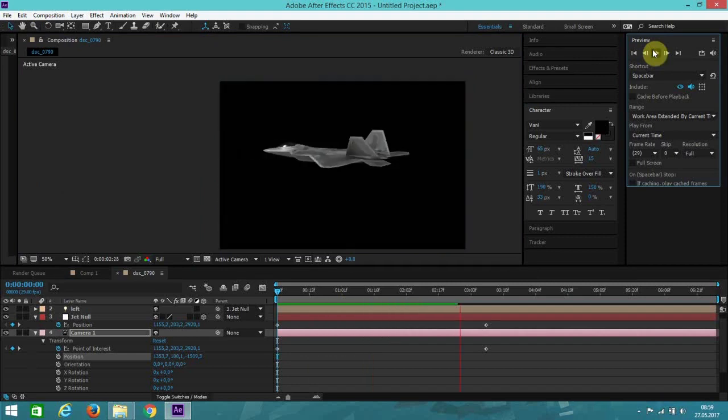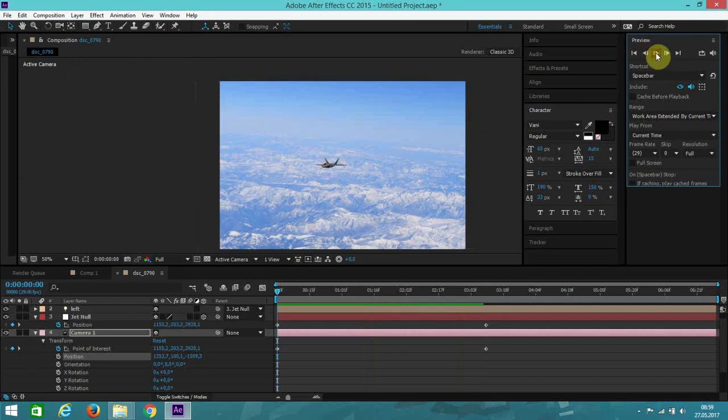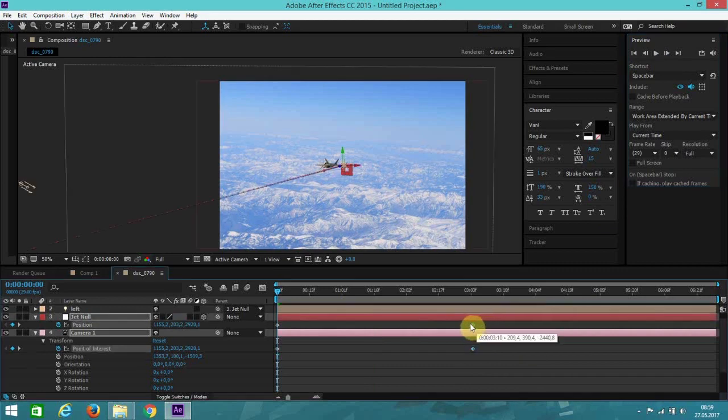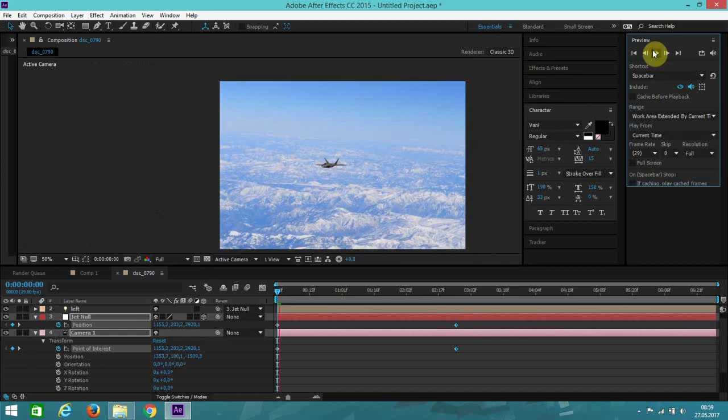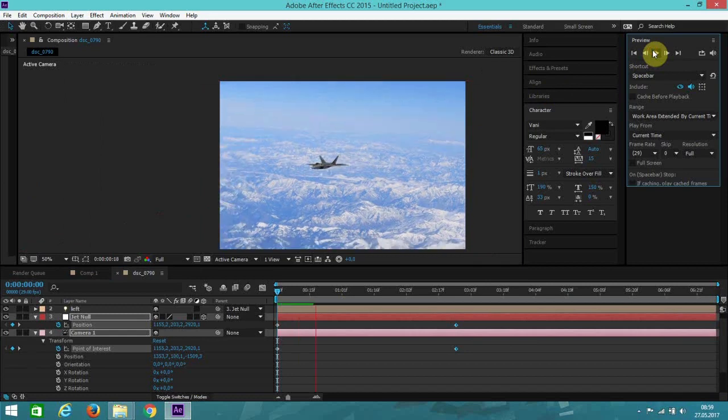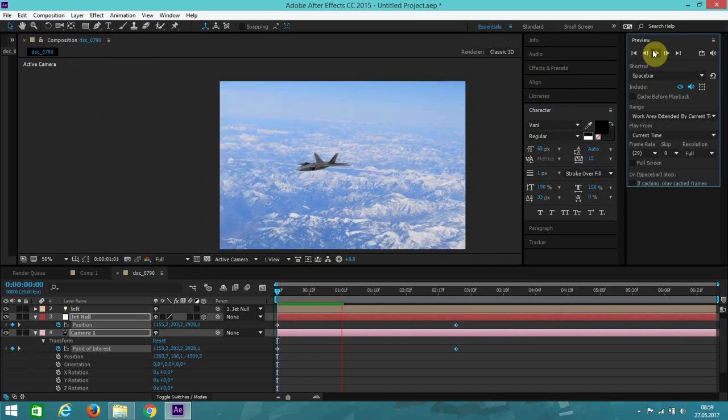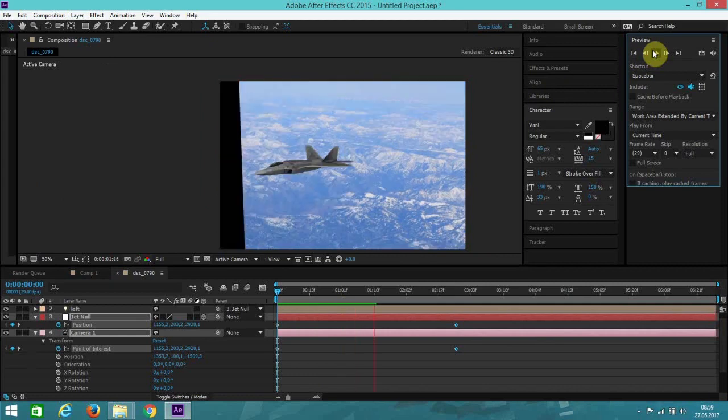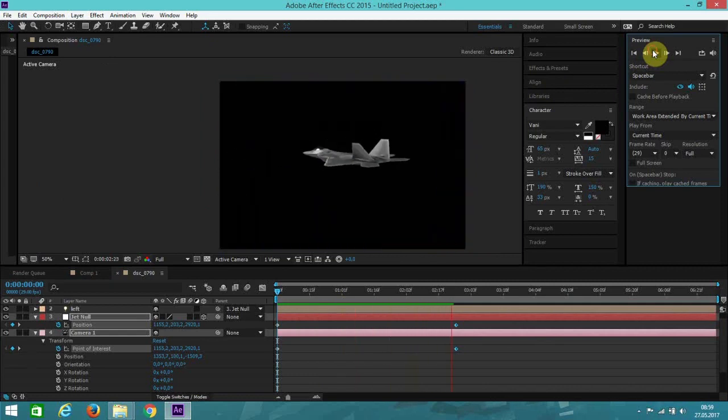Now we have that effect. And if you want it to be faster, grab those two positions and maybe drag it in. See? Now you see you have a nice pan,